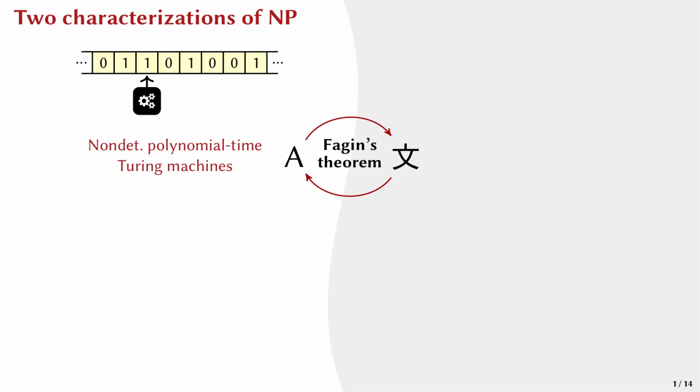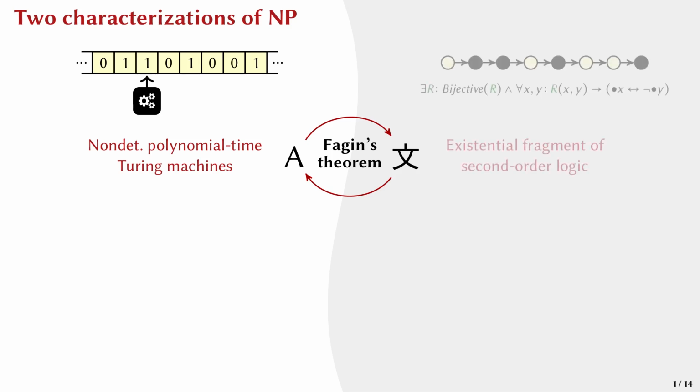On the one hand, there is the well-known definition based on Turing machines, and on the other hand, there's a more, let's say, obscure definition that uses logical formulas. I will not talk about this in too much detail, but let me give you at least a rough intuition. On the left, the Turing machine operates on a binary string, and on the right, I've represented the string as a relational structure, where each element represents a bit. Yellow elements are zeros and black elements are ones.